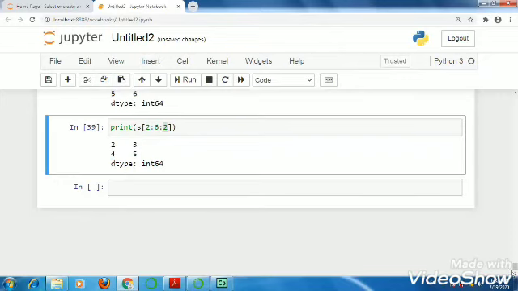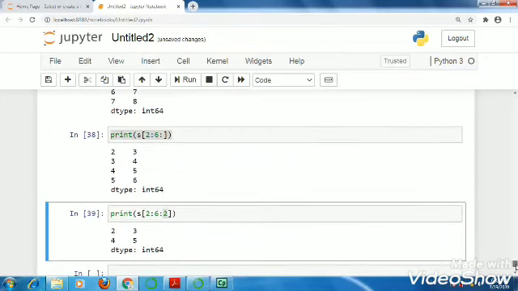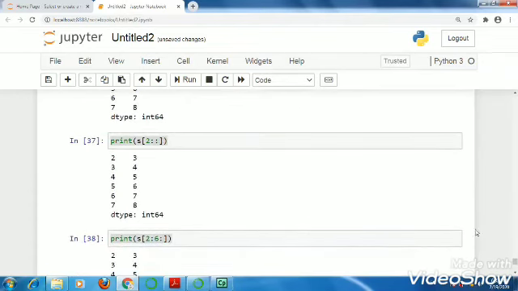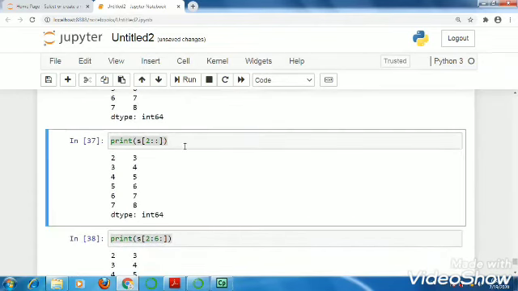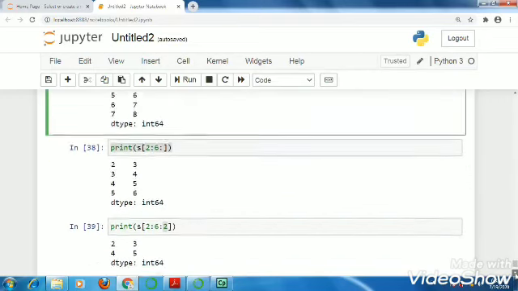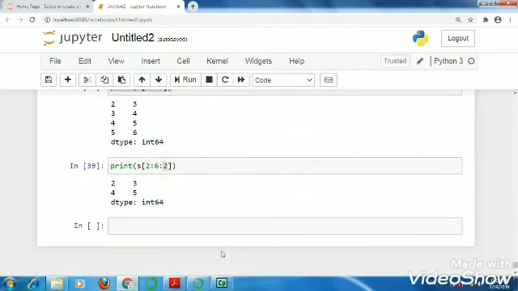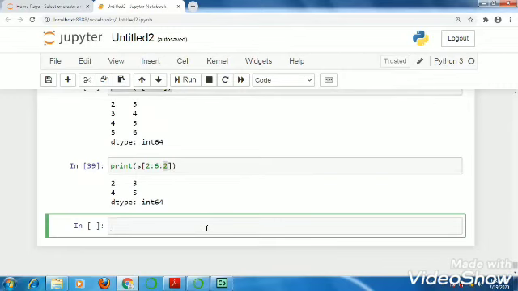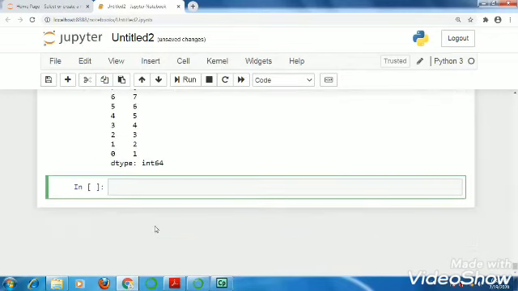Negative step value can also be given like this. If I write -1, it will give you the result in reverse order.